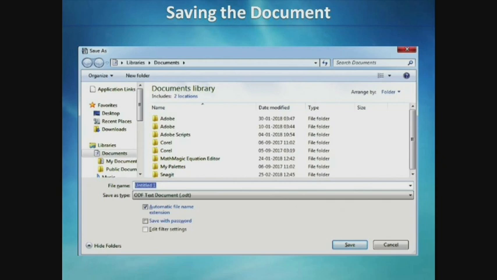After doing each and every work, we should again save the document. Either we will select the Save option from the File menu, or we may also press the Ctrl plus S keys from the keyboard. Suppose if you want to save the same document with another name or in another location, again we have to open this dialog box by selecting the Save As option from the File menu.